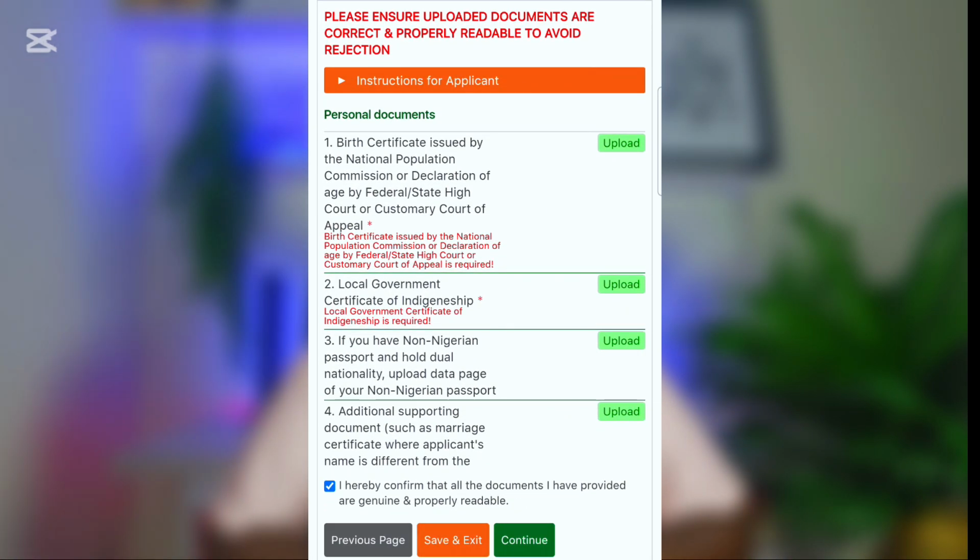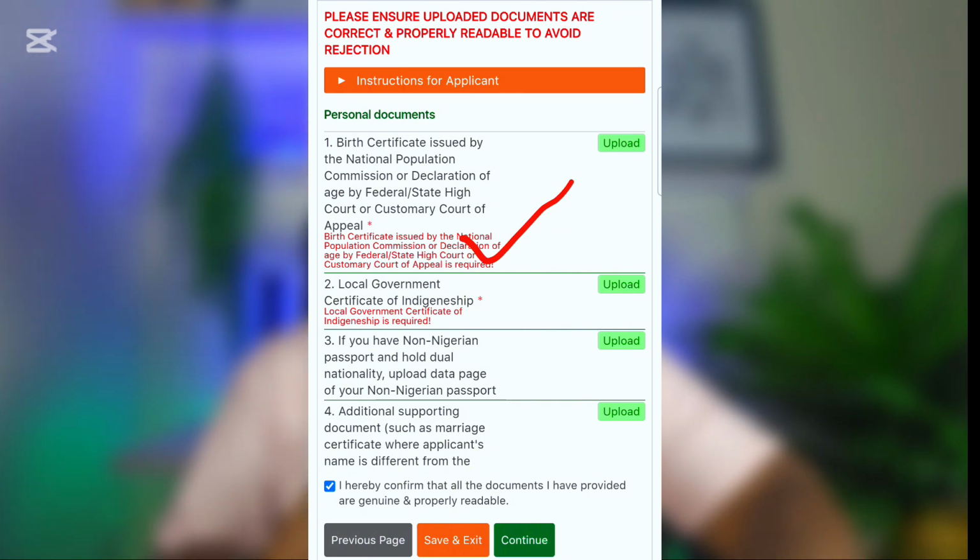So the first document here is a birth certificate issued by the National Population Commission, or a declaration of age by a Federal, State High Court or Customary Court of Appeal. Like they said, if you don't have a birth certificate but you have a declaration of age, and I think you can even use an affidavit, let's say